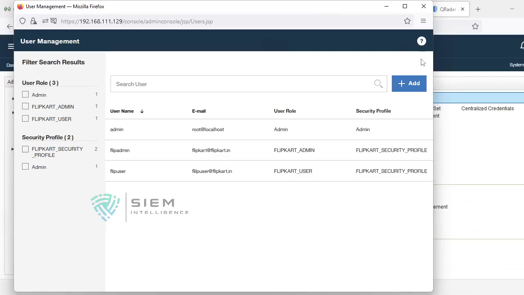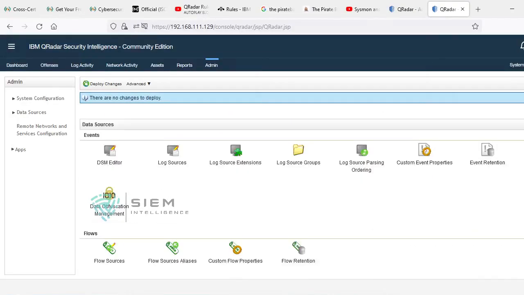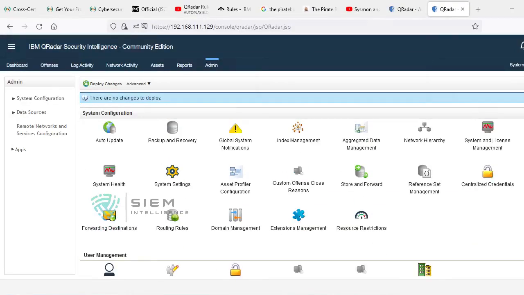Nikhil, please go through the video once, then you will come to know what the activity exactly is. You are at the end actually, that's why I have just covered it quickly. This is one of the important aspects of being an admin. If you are a SOC administrator, you have to know this. Please spend some time, 1 hour.